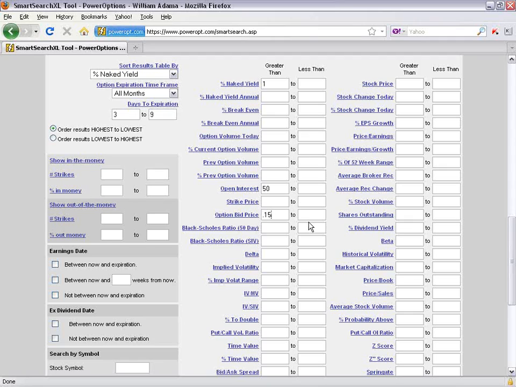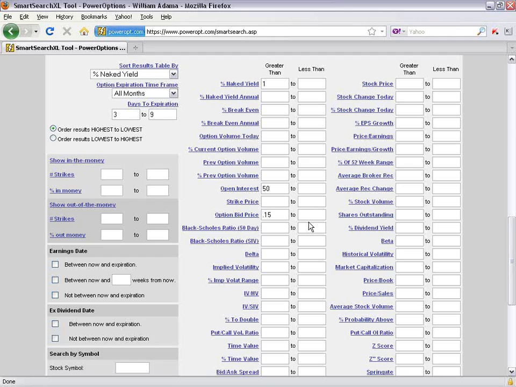Now, let me pause there for a moment and discuss something with everyone that I'm sure you're probably familiar with. Many of you are probably trading options right now. Maybe you're doing spreads. Maybe you're doing covered calls. Maybe you're doing married puts or following the radioactive trading techniques. You might already have a search created in Power Options, or you have an idea of what you want to look for. For example, if I'm doing a bull put credit spread, when I'm looking for a standard expiration, I might want to look for positions that have at least a 75% probability of success, offer a net credit of at least 50 cents, and I'm looking for a leverage return of at least 8% or more